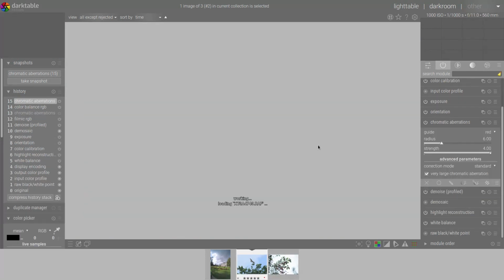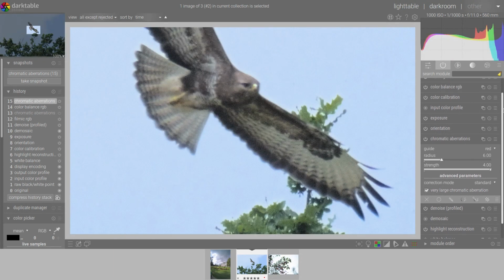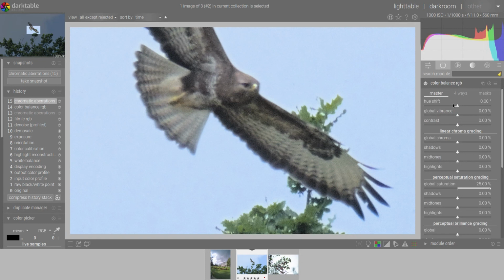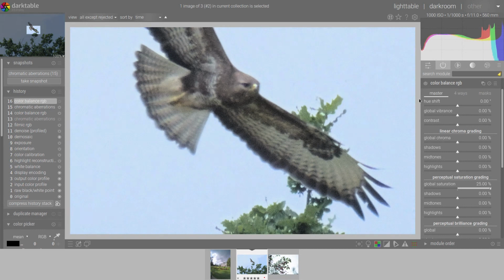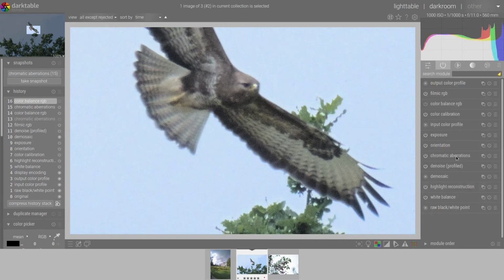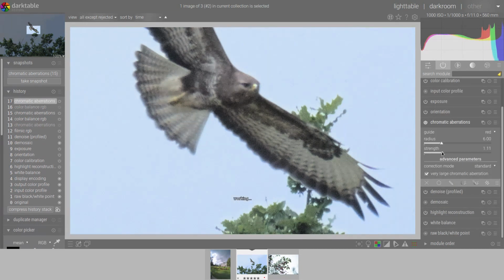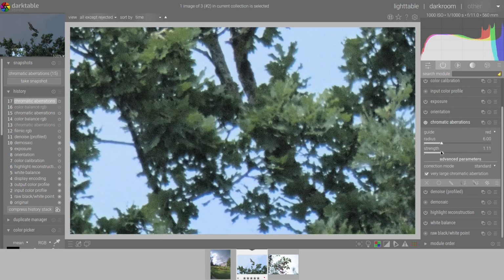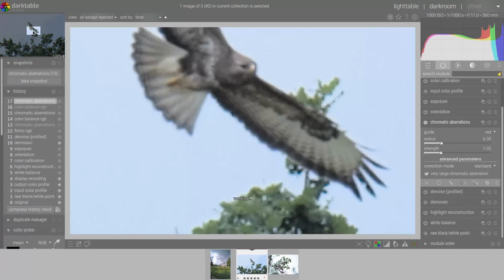Also for this one, don't forget that I use the color balance RGB to actually increase the amount of chromatic aberrations. But if I disable it, I have less disturbing results, and I could have maybe a bit lower strength to my test.